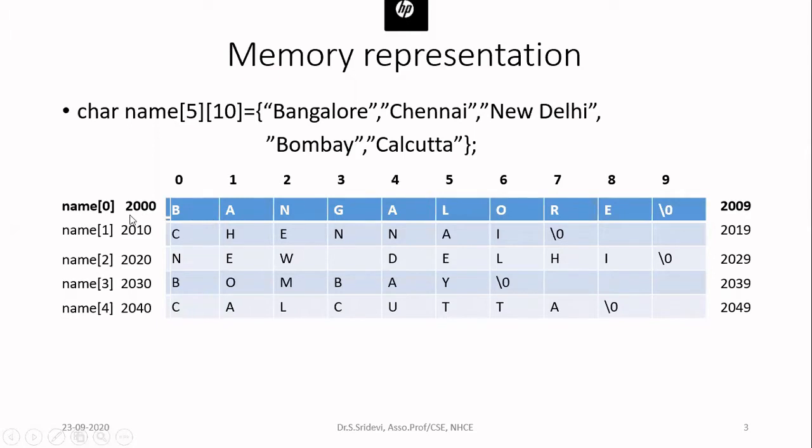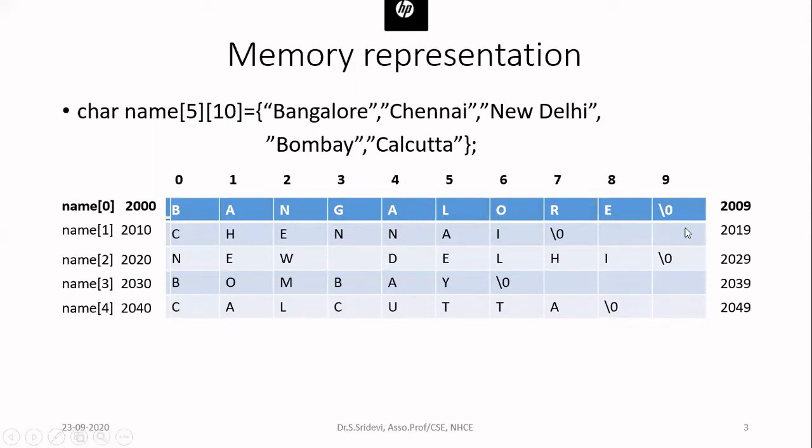So if you see in the first row, totally 10 columns are allocated. I have used all the 10 columns. In the second row, totally 10 columns are allocated, but I have not used the last 2 columns. Similarly, in the row with index 3, the last 3 columns are not used. So here some space is wasted, but not more space. Some space is wasted because I have taken 10 as the number of columns. If the number of columns is 100, more space will be wasted for this particular array.